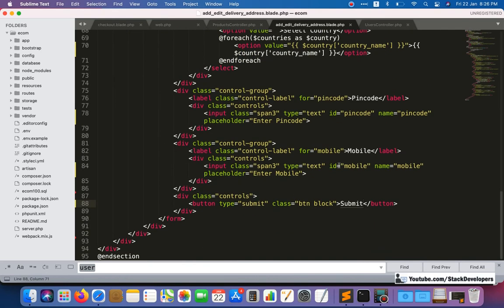So in some cases if you want to go back, then you are able to go back. But here we will not give a button, we will give it like this. And this one, okay, this one we can give back, and here we can give href, url, checkout, like this, and like this.